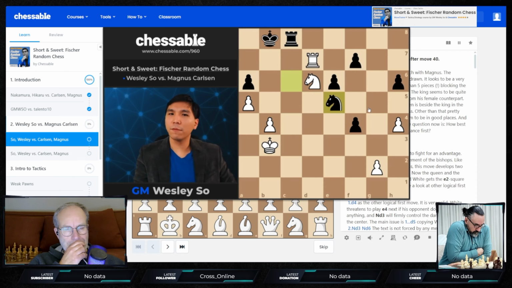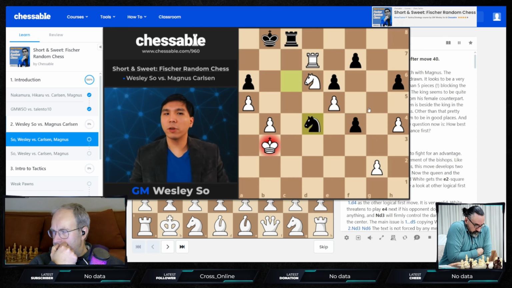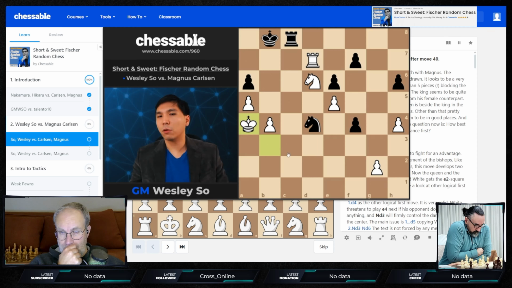So after knight takes e5, I believe the game would end in a draw. But Magnus blundered. He played knight d4, check, trying to create counterplay on my king. But after king a4, it turns out that my king is super safe in this corner. And I think what he missed is that if he plays rook c2,